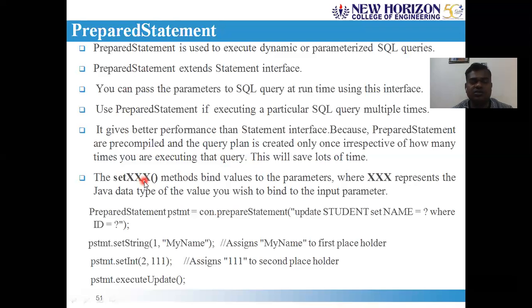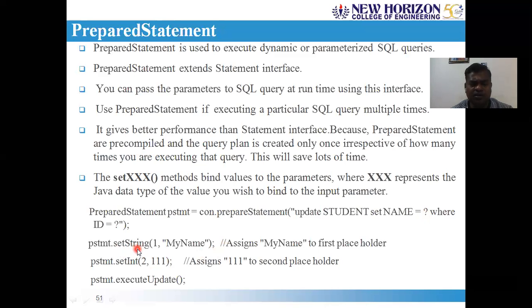Using the setX methods. And after that, now this statement compiles and keeps the query in a ready state. After that, you need to supply the values for these placeholders. pstmt.setString, you can do so by using the setX methods as we mentioned. Set string, you may ask why it is a string, because my first placeholder is a name, which is nothing but a string type or a varchar type. With the DBMS, you should decide whether it is a varchar type or a string type. Then accordingly, you need to set the type.